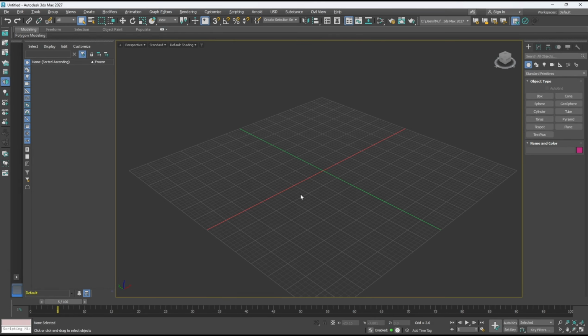Hello everyone, today we are going to learn basic 3D Max 2027: how to copy keyframes. So for example, you can create a sphere object